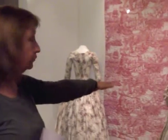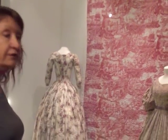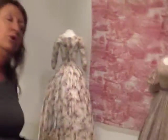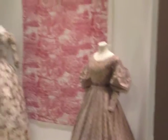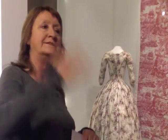This is only 40 years on, 1830s, late 1830s, and it's just an ordinary day dress worn by an ordinary middle-class woman in Preston. By the late 1830s, everybody could have cotton, and that's the beginning, really, of the kind of modern story of us thinking, okay, yeah, cotton is absolutely abundant, we can all wear it and have it, and the price keeps getting beaten down. This case is deliberately placed in the middle, opposite India, because it tells what happened to that